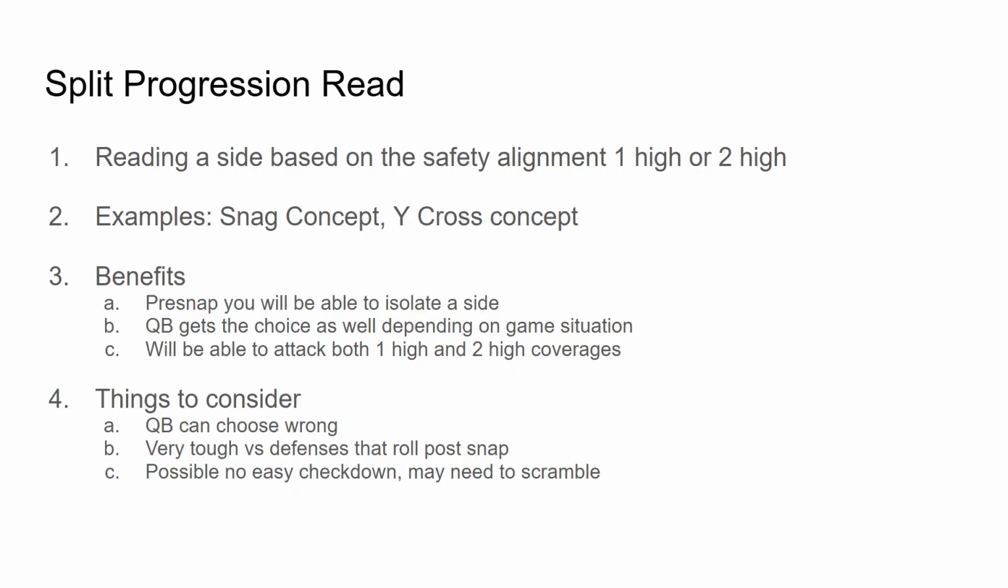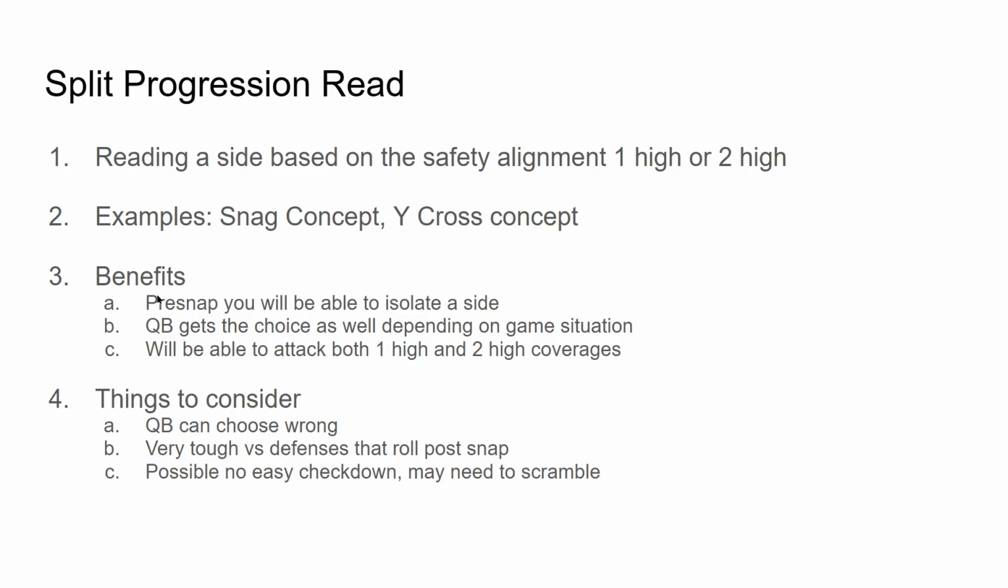Anyway, back to what I was talking about, where defenses do all the split coverages and whatever. This is kind of the counter to that. This is what I call the split progression read. This might be a little bit more of what you would see in older passing games too, where you're going to read the coverage and determine what side you go to. So this is when you're building your passing game to have one side be a one high beater and the other side be a two high beater. So benefit,